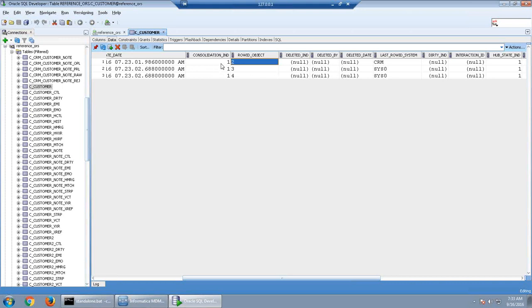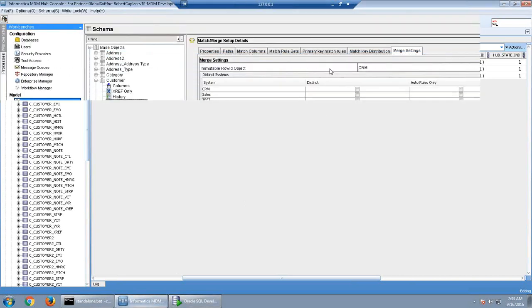But in this case, if any record is having consolidation indicator 1, that will always survive in your base object. Any other record, if a new record I am loading that is having a consolidation indicator 4, that record can get matched with it and it can get merged with it. But whatever is the existing record, this cannot be deleted from my base object. This will always be present unless we manually go and delete it. It will not get deleted. So that is the advantage here. So this we will select only in those scenarios.